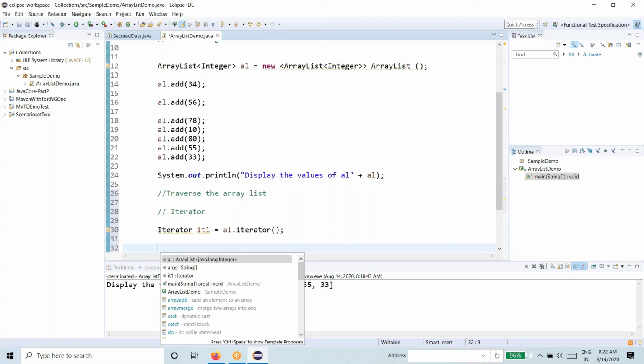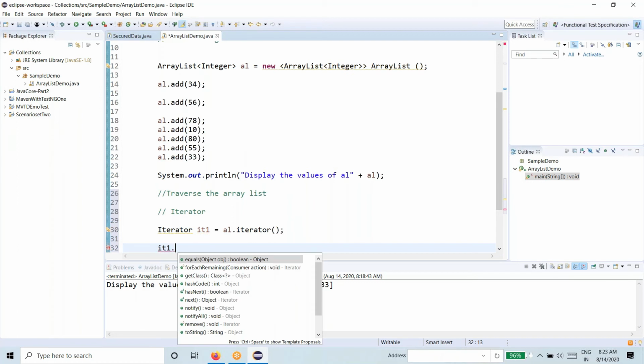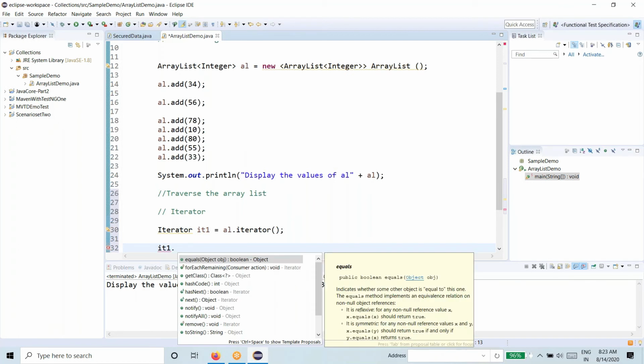It1 dot, we can take the help of the hasNext method to check whether the list is having the element or not. It will take the first element, then the second element, and again check whether the next element is there or not. That is the job of hasNext.